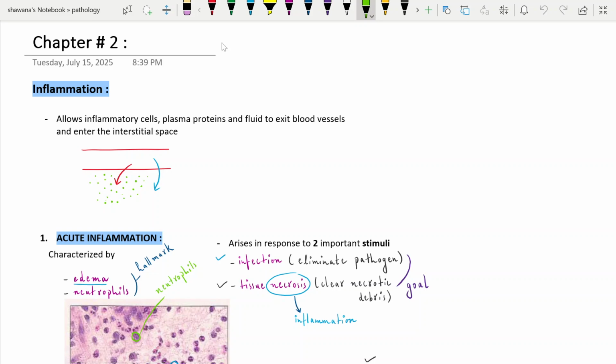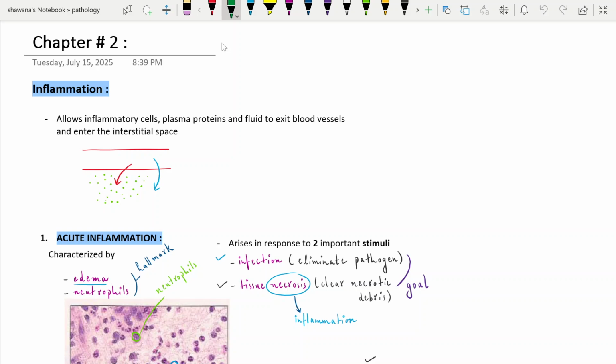Today we are going to start the second chapter of PATHOMA, and our topic for today is inflammation. We'll discuss some important points of acute inflammation followed by the mediators of the acute inflammation. So let's get started. First of all, the definition of inflammation is that the body's response to a pathogen or